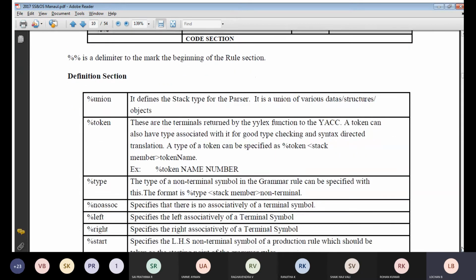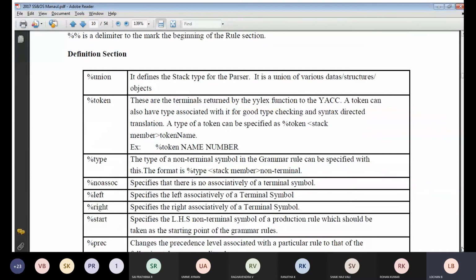For you, one or two commands we will be using, because these are all extensions. If you go for higher studies, those who want to do MTech or MS, in that case you will study in depth these particular notations, all those things. For your UG level, that is your undergraduate level, we are going to make use of basic commands. We will not discuss the higher extensions. But to solve programming problems, these are the definition section elements we will be using in your Yacc.